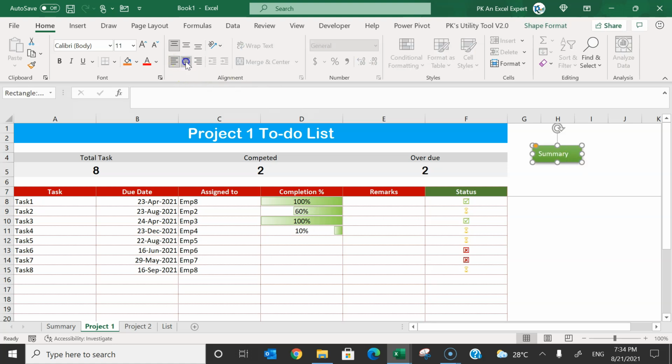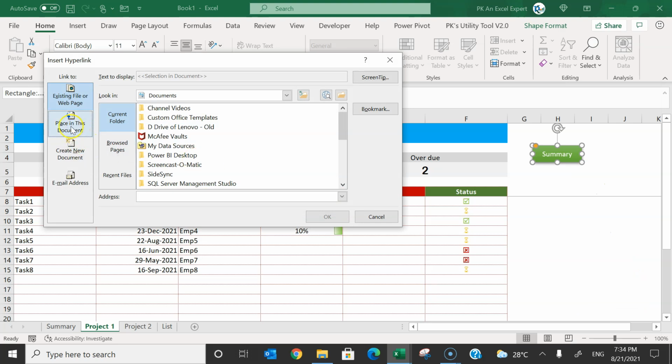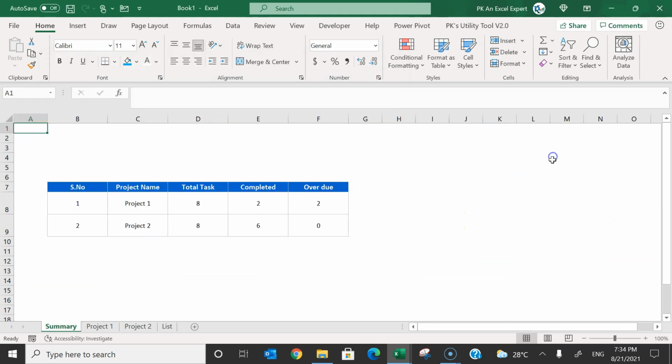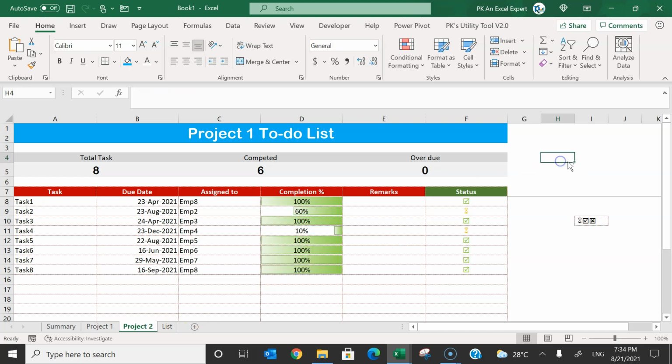Align this to the center, right click, go to the link, and here go to the place in this document and select the summary tab. If I click, it will take me to the summary. If I click on project 1, okay, so that is how you can use this. Similarly, you can copy this to the project 2 sheet and paste it here.